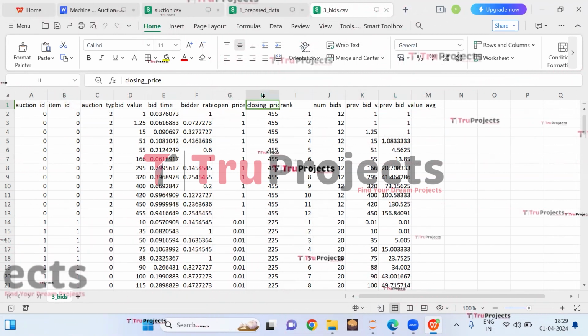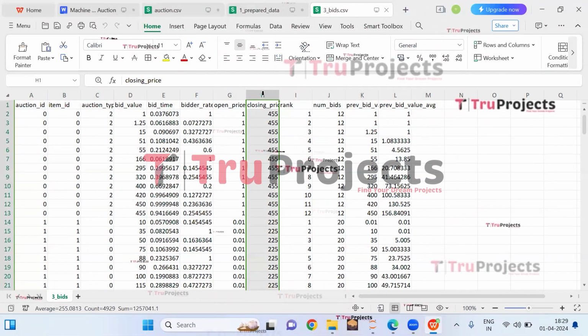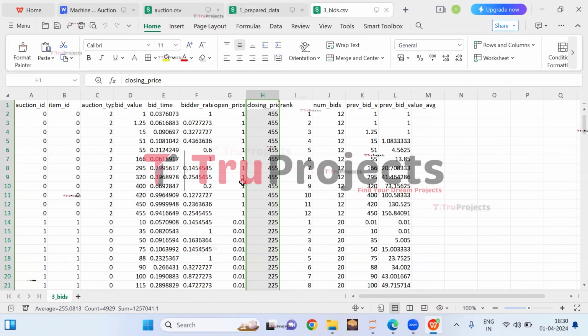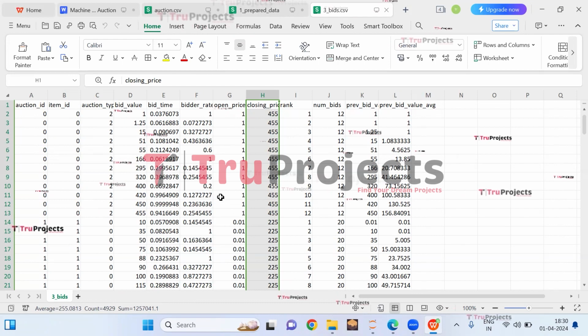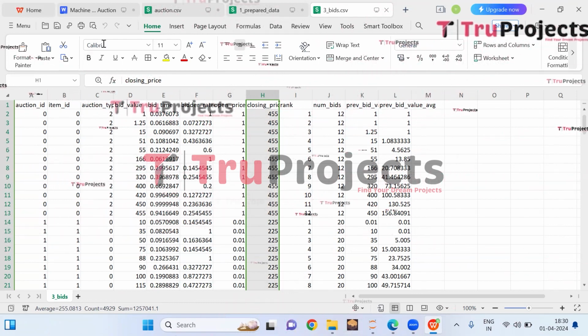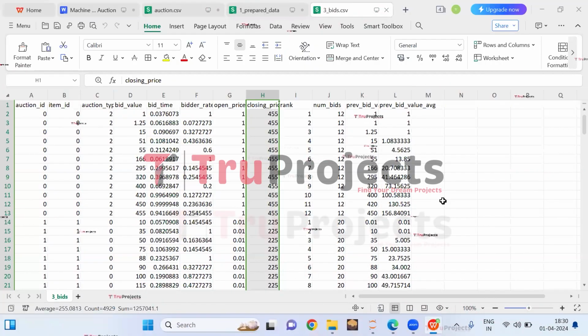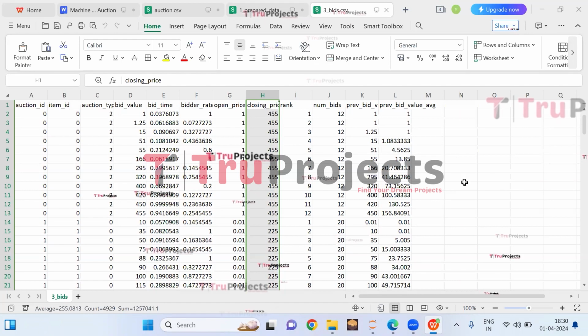And here, this is the target variable, that is the closing price. And this data set will be divided into train and test. Train set is used to train the algorithms, while the test set is used to evaluate the performance.